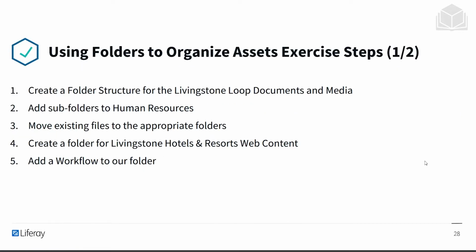The steps that we will take in this exercise include the following. We'll create a folder structure for the Livingstone Loop documents and media. We'll add subfolders to the Human Resources folder. We'll move existing files to the appropriate folders. And then we'll create a folder for Livingstone Hotels and Resorts web content, as well as add a workflow to